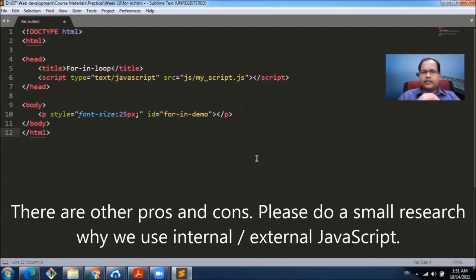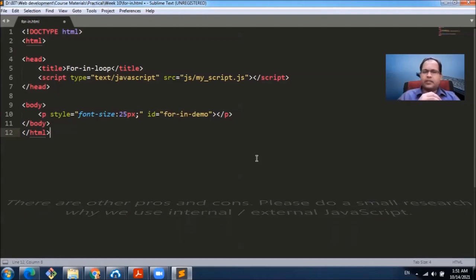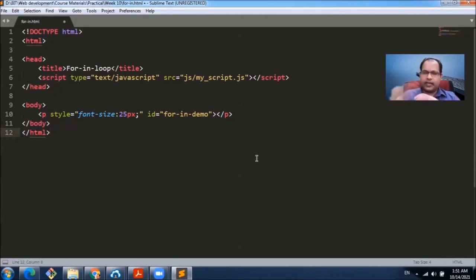The general practice is to use external JavaScript for big libraries. And whenever you have small scripts, you can create them within your HTML page. One other way is to create one single file with all the small scripts and load it in the pages where we want the functionality. So it is actually the decision of the developer, your decision, whether to use it internally or use it as an external script file.